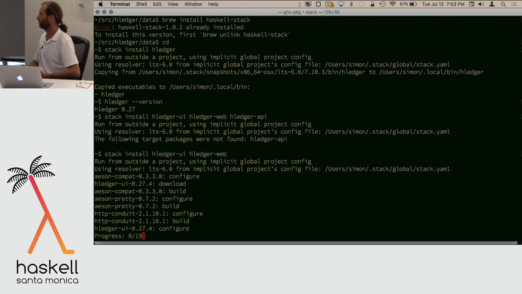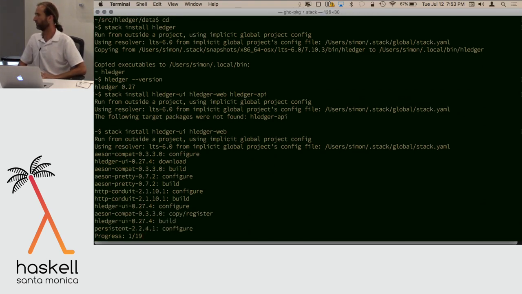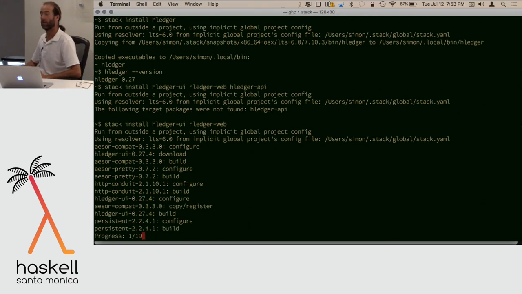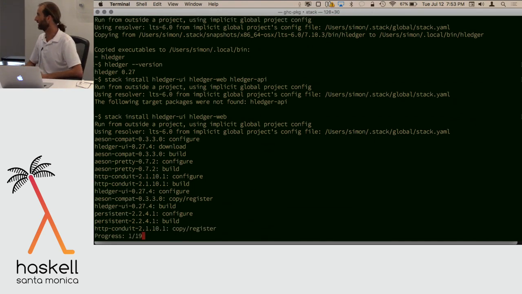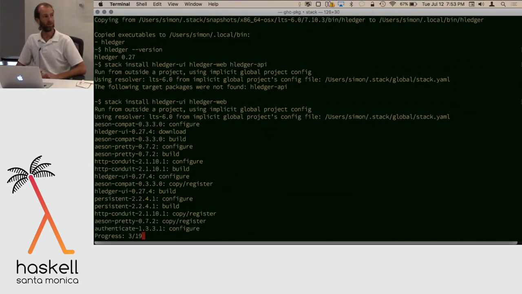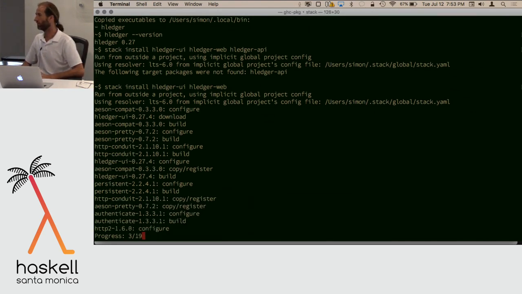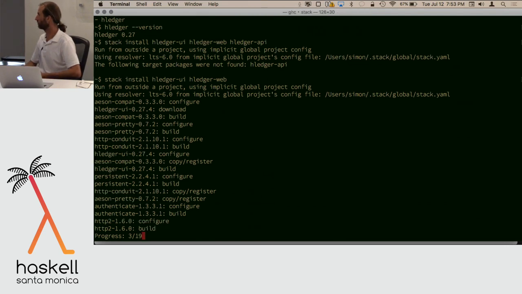could heat up your CPU, could run for 15 minutes or so, because it's installing a lot of stuff. Maybe longer, depending on your machine. But it's something you can walk away from, and it'll basically pretty much work, which is great. You can kind of rely on it being repeatable, which is awesome. So while that's happening,